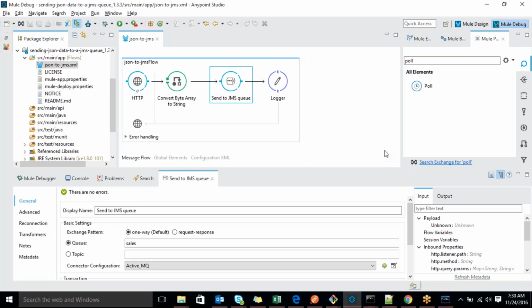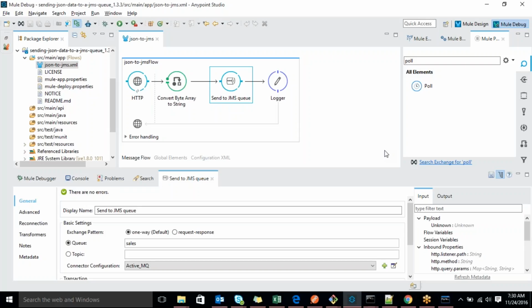If you want some refreshment time, I don't want to keep on checking. I want to check only after 5 minutes, every 5 minutes in the day, based on the time. Then we have to keep it in a poll and set some refreshment time. If you set 5 minutes as the refreshment time, then after 5 minutes it will go and pull it.